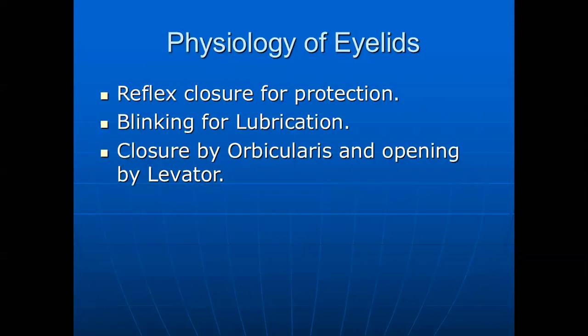Now, what are the functions of the eyelid? I already told you the main function of the eyelid is to reflexly close whenever any hazardous object is coming towards the eyelids. Whatever the nature of the hazardous object, it might be a foreign body, an intense light ray, or any visible harmful radiation. Similarly, any object coming toward the eye, even a very fast blow of air, is also hazardous to the eye, and one has to close the eyelids.